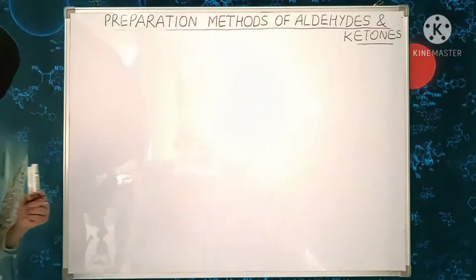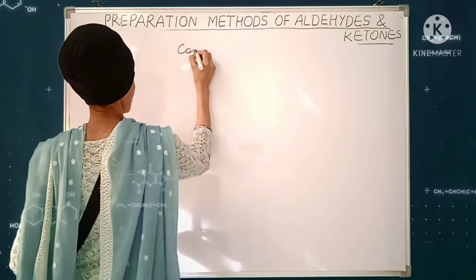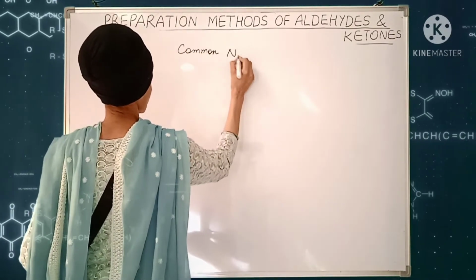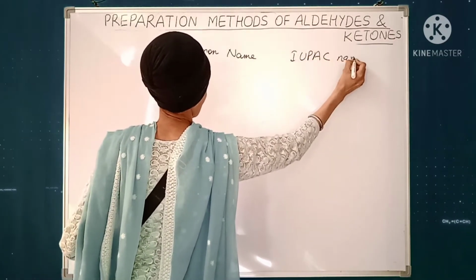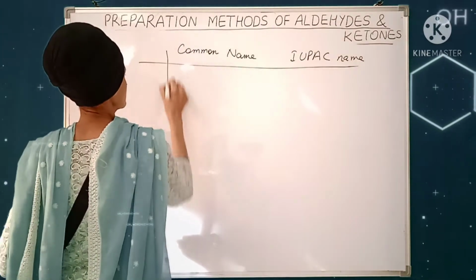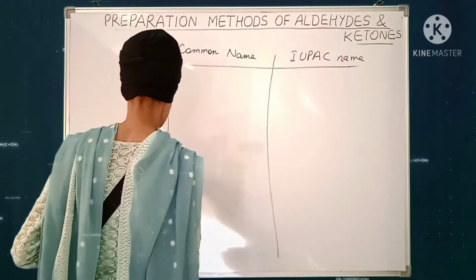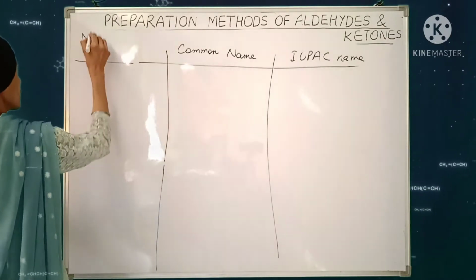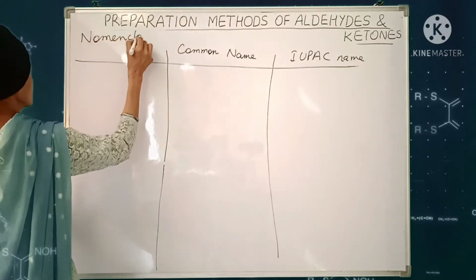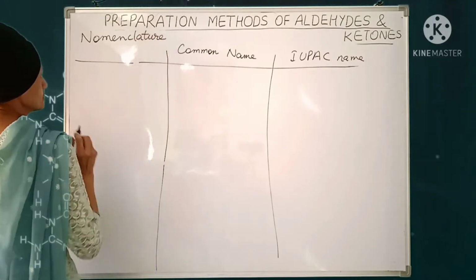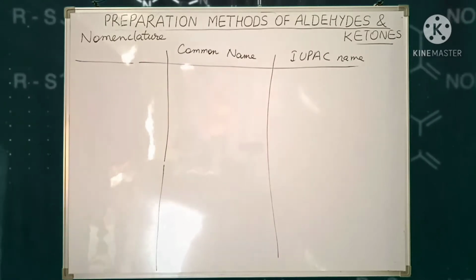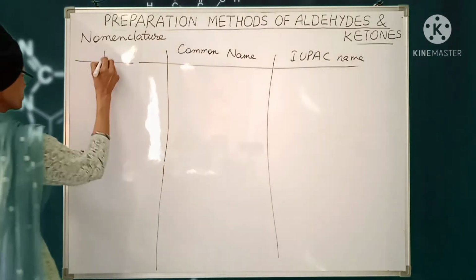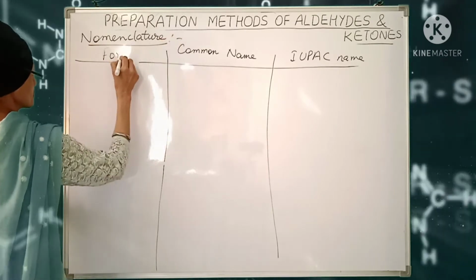Now, starting with the simplest of the aldehydes, here I am going to write the common name, and here I will write the IUPAC name. So let's start with the nomenclature. Okay, the first structure or the first formula that I am going to write is